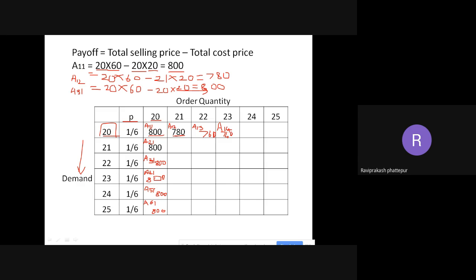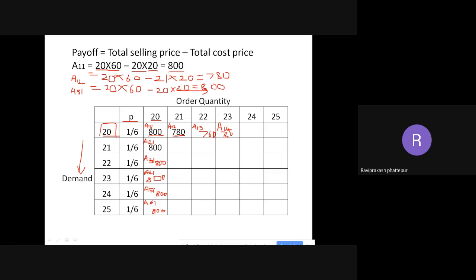I'll just explain once again. I am ordering 23 numbers, but my demand is only 20. Like in the same example of the shopkeeper, if he is having 20 pencils but you ask for only 15, he can sell only 15, even though he's having 20 with him. He cannot say, I'm having 20, take all 20. Your order is only 15, because only 15 you require. So I have to sell only 15.